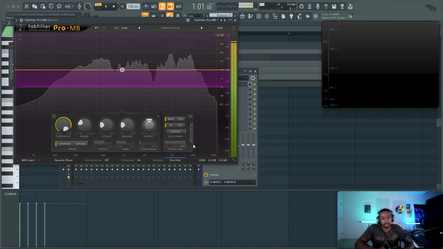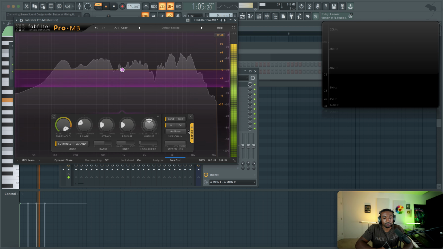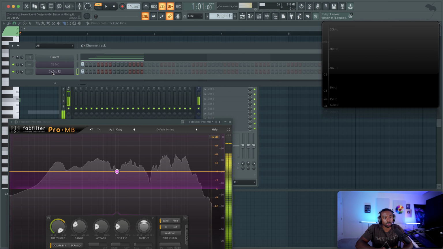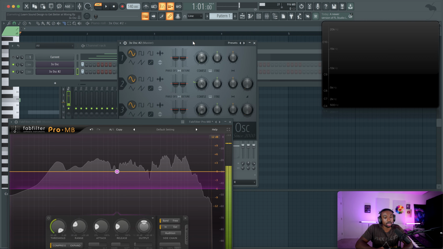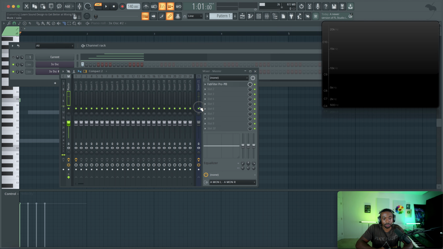We're going to switch this to mid. So now we're only listening to the middle image. So as I crank these up and make them more stereo, or more different, I'll say, with the pitch, we will lose some of that middle image. So let me turn off my mic.